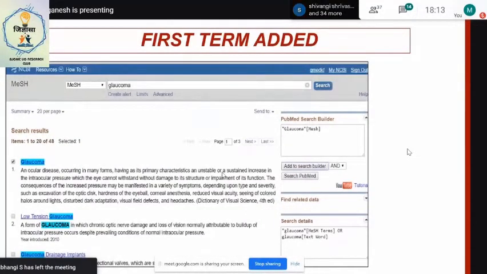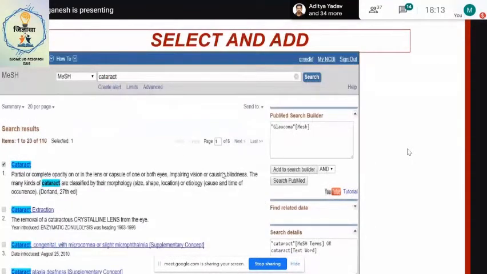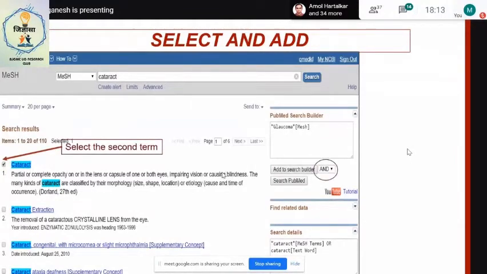Now I can't click Search PubMed now because I have to finish building my search. So now I erase glaucoma and type cataract here, searching the second term. Click Search. This time I have a list of terms. I select cataract, which is my main term. Before adding it to the search builder, I have to change the and to or.